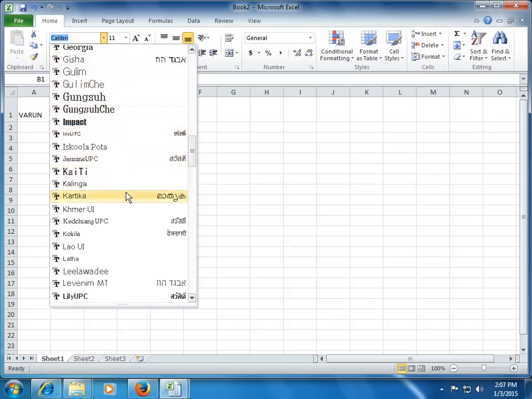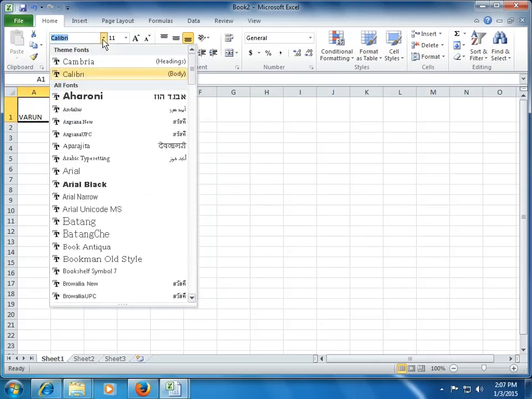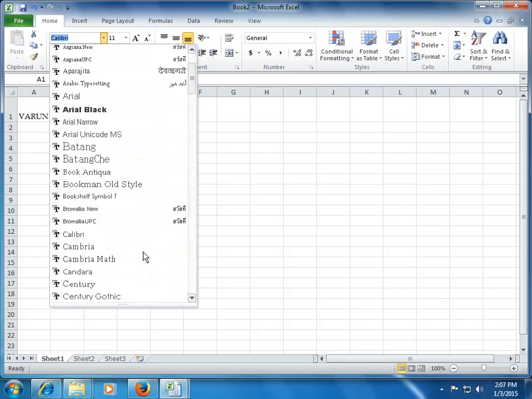So you can see that as I am moving my cursor, the font is automatically getting changed, right? So based on the live preview, we can select the font style which we want.